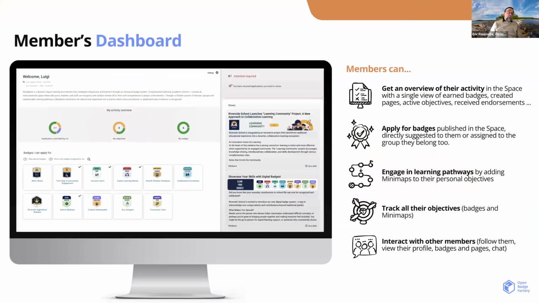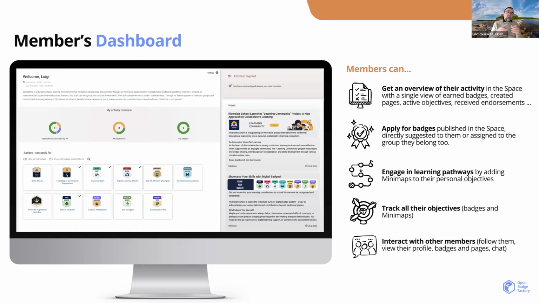And as a learner, as a member of the space, he or she will see a quite simple view where we have a dashboard that we can put into mode. There is this community mode, and this community mode will not focus on any learning activities, but be more like a gallery about the badges that have been earned by the community.